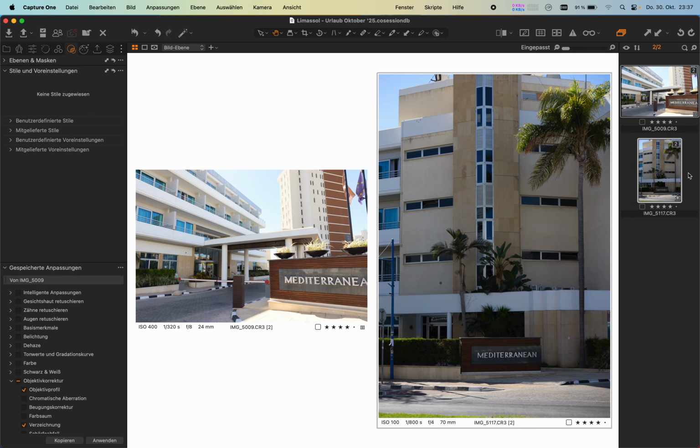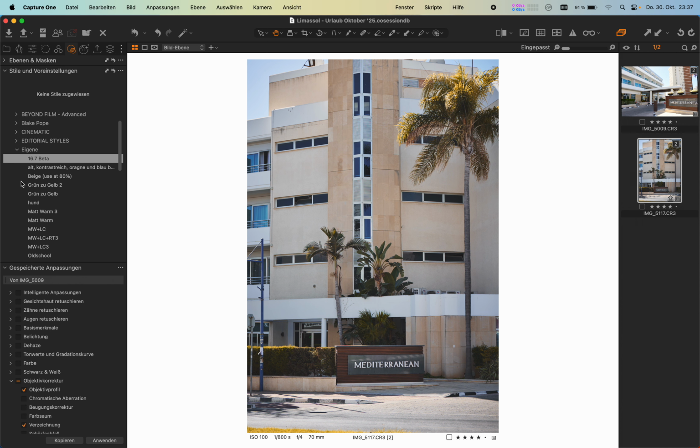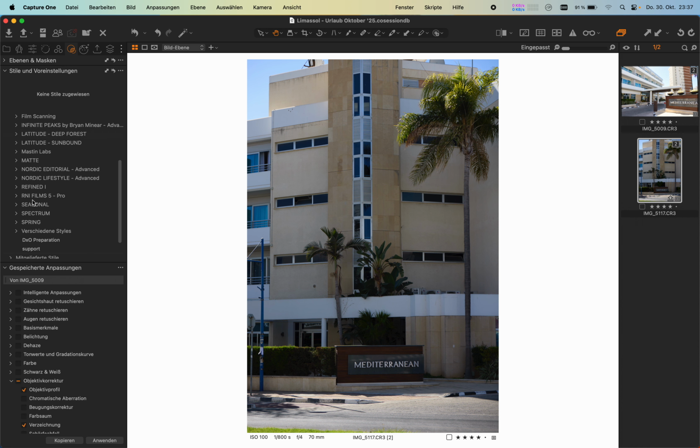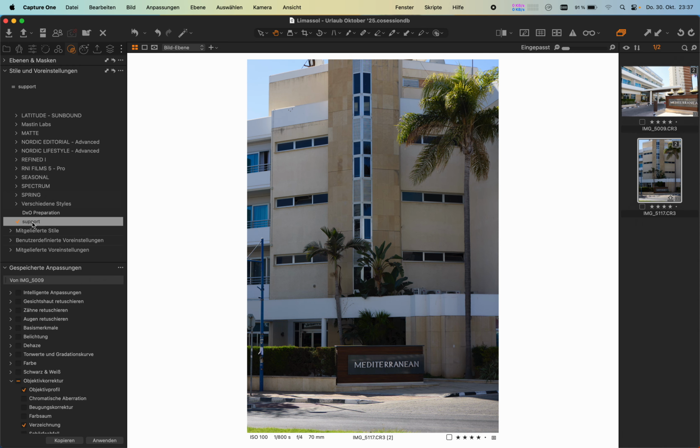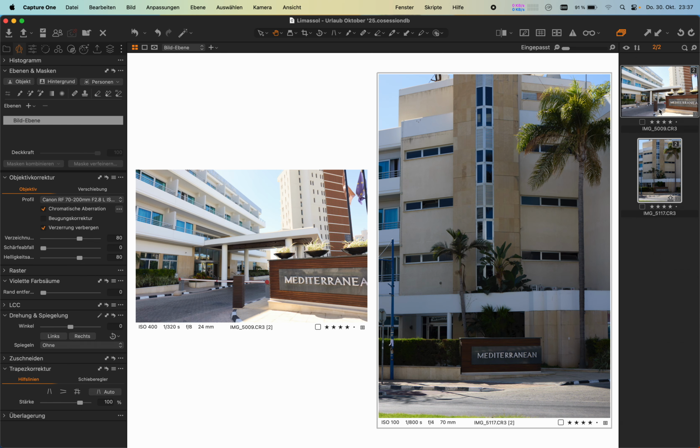and again, say I have this image and I would like to apply this new style to it. Where is it? Here. I apply it, and in the lens corrections tool it stayed at the 70-200. That's the lens this image was taken with. But when I then select other images and I want to just copy and apply all of my settings from this one, where I applied the style,